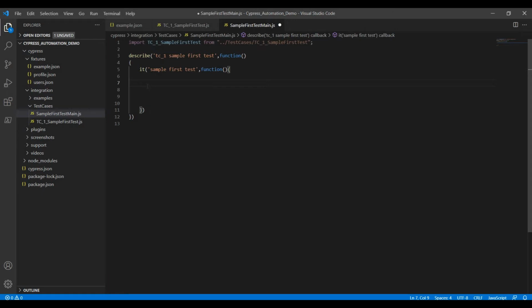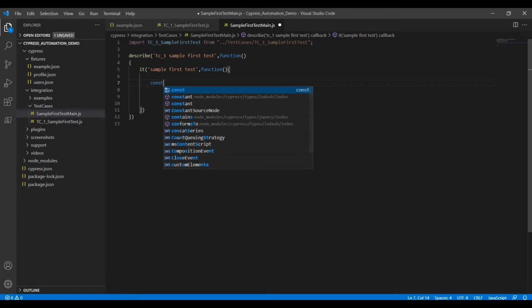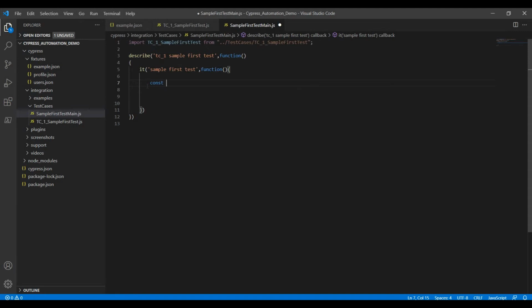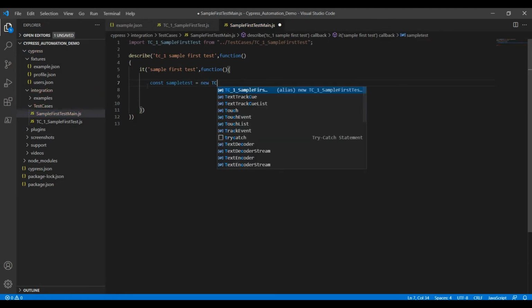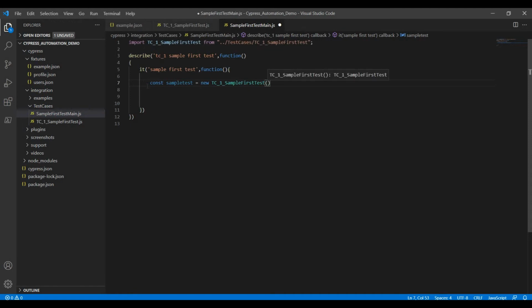In Java, we create an object for one class to call it from another class, right? In the same way, we have to use the const keyword and create an object, which is sampleTest equal to new. What is the class name? tc1 sample. Okay, this is the class name, right?